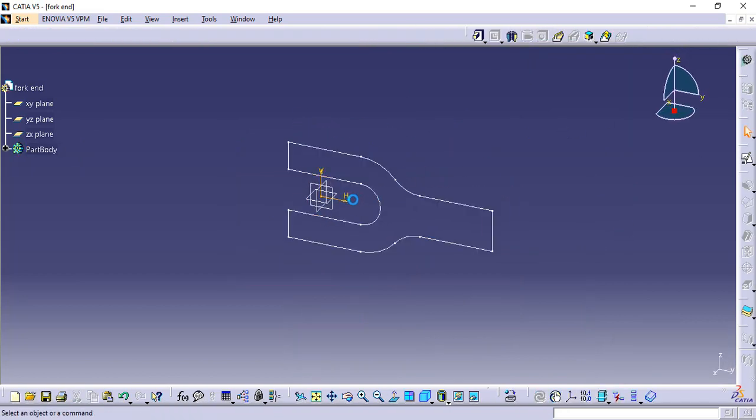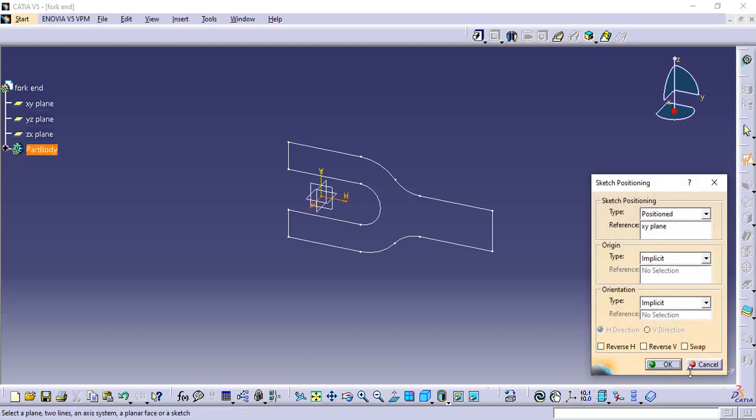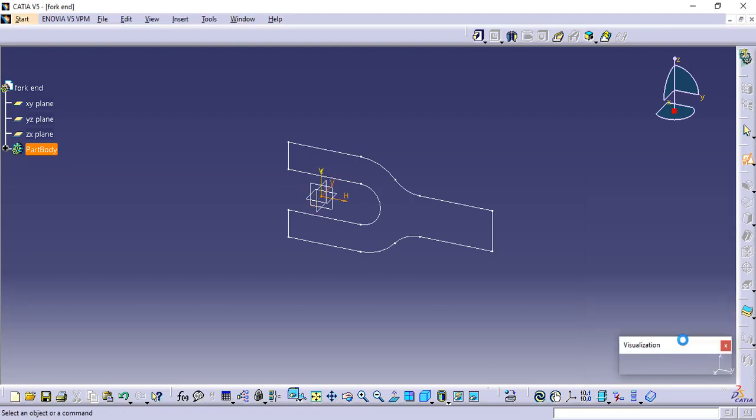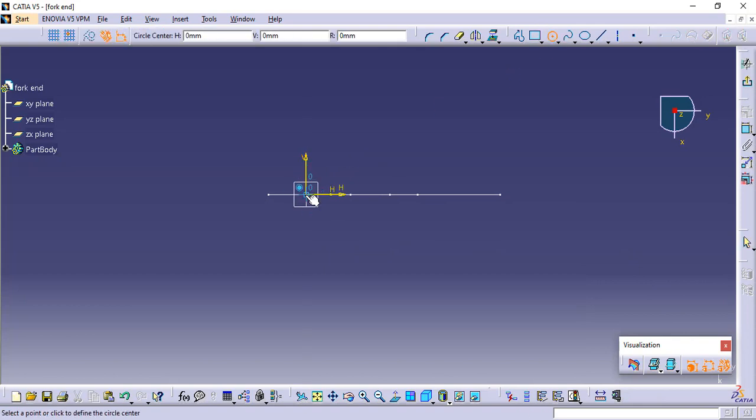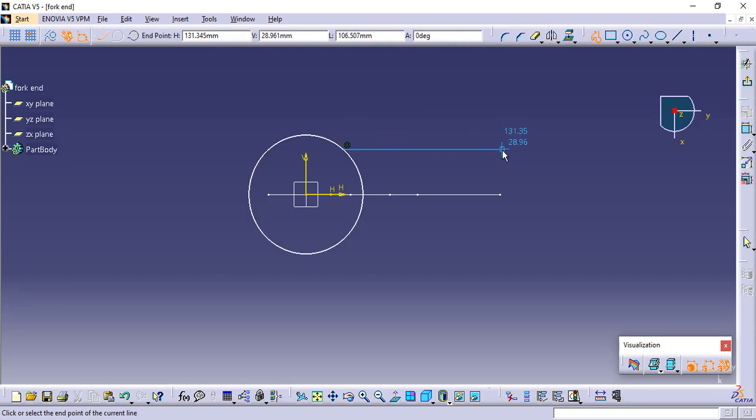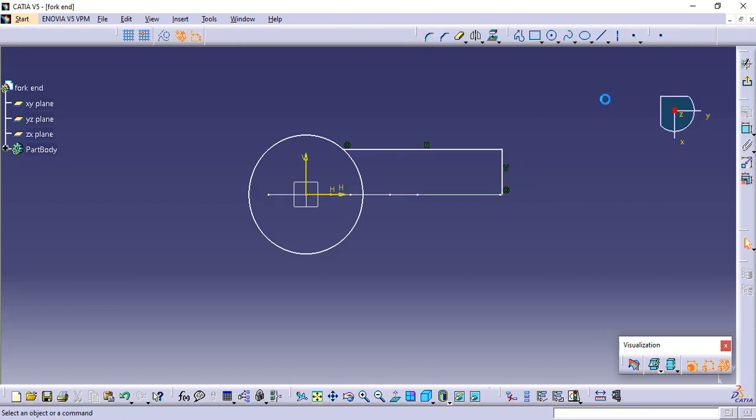Now select the top view, top plane, position sketch, orient your plane as per the view. Now one circle, then profile line, and the line will be closed here only. Vertical line. Unselect this. This distance we know is 130, and here to here is 15.